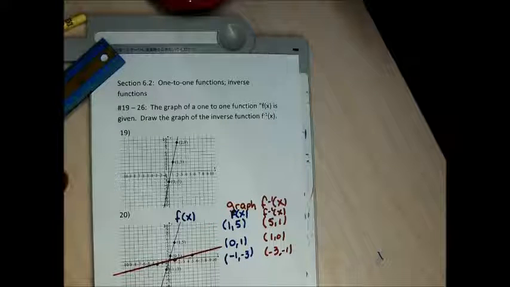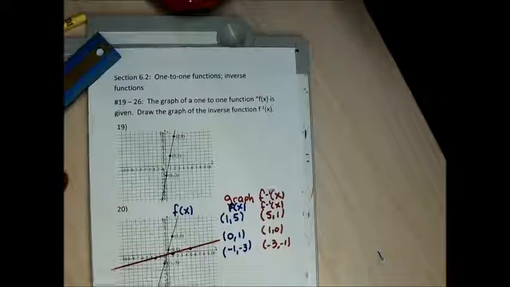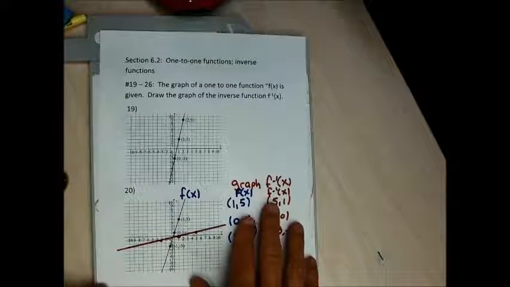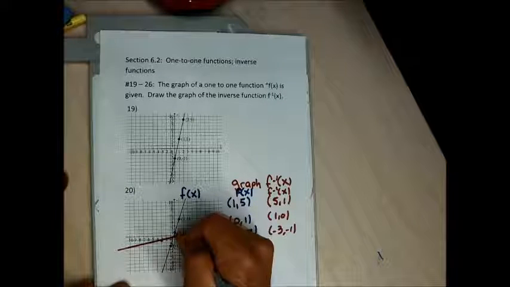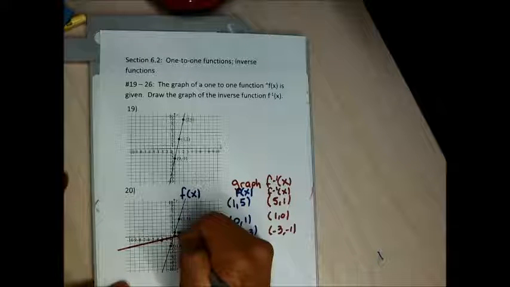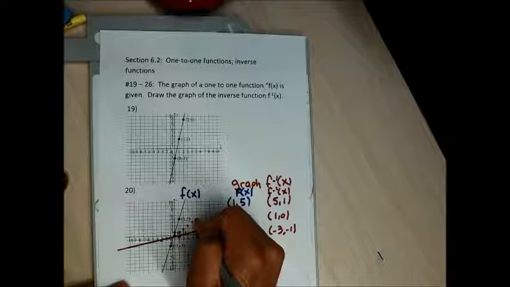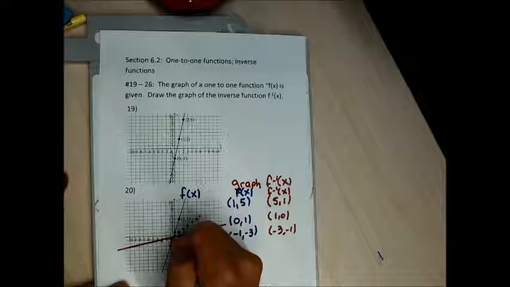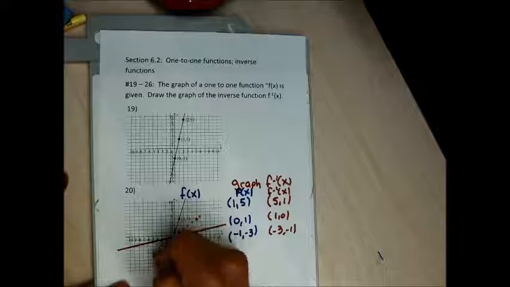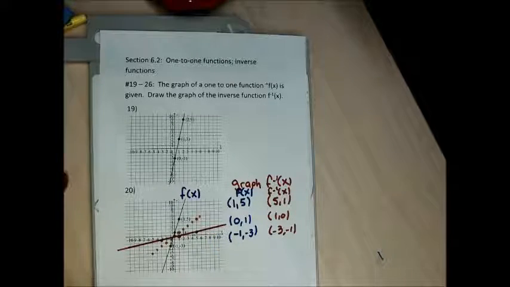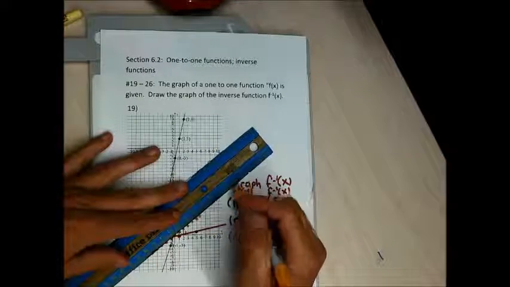I probably should. Graphs of inverses are symmetric to the line that goes through the origin that passes through the points (1, 1), (2, 2), (3, 3), (4, 4), and (5, 5). If I take the time on this graph to graph a line that goes through the points (0, 0), (1, 1), (2, 2), (3, 3), (4, 4), (5, 5), (6, 6), (-1, -1), (-2, -2), (-3, -3), (-4, -4), (-5, -5), the line that goes through the origin, that goes through every point where the x and the y are the exact same number,